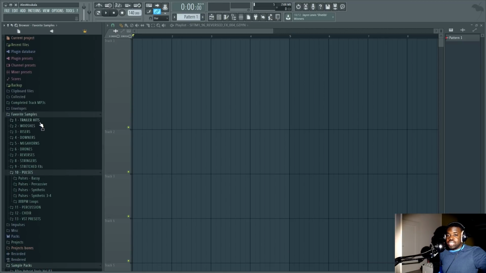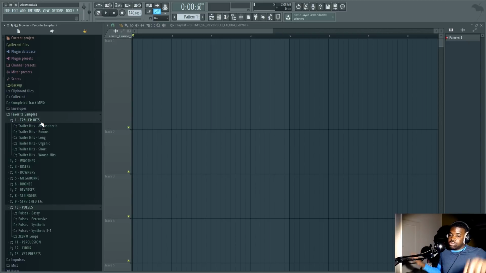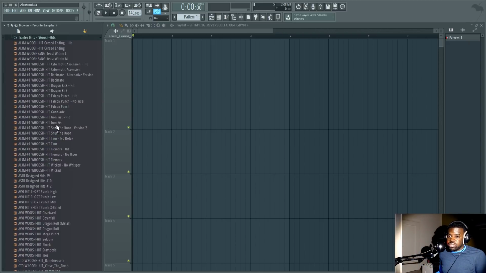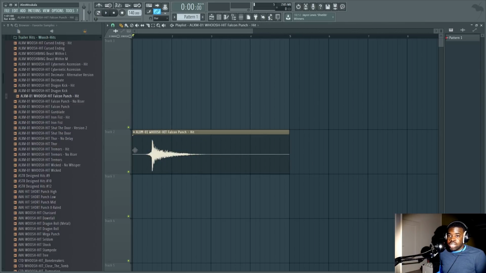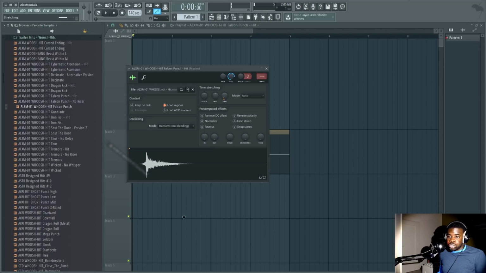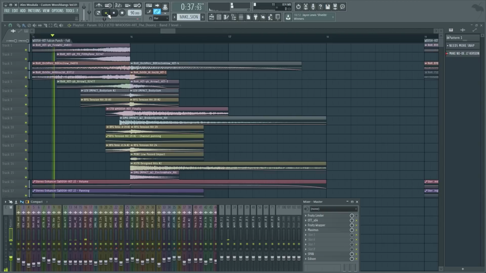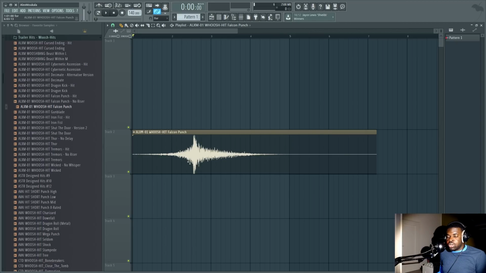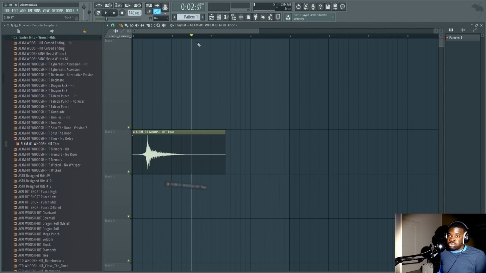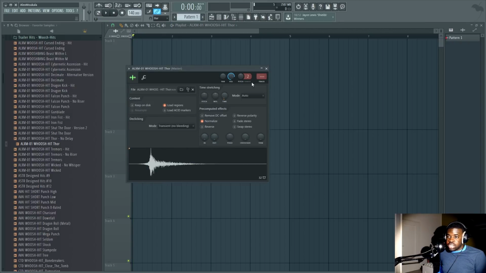And then I tend to use custom samples. When I say custom samples, I mean stuff like this, which is not actually custom. It's just samples that I made by merging together many different samples of all the libraries I showed you and exported into one single sample. So for example, Falcon Punch here. This is like Boom Library combined with Juggernaut combined with something else. I put many samples together and merged them into a single one. And these are my sort of custom samples. That's what I call them, but they're actually just layers I made